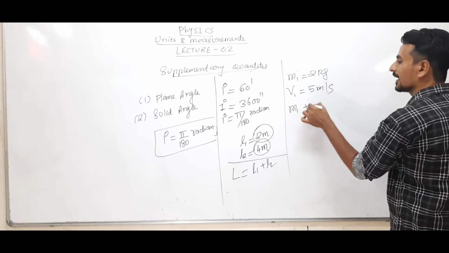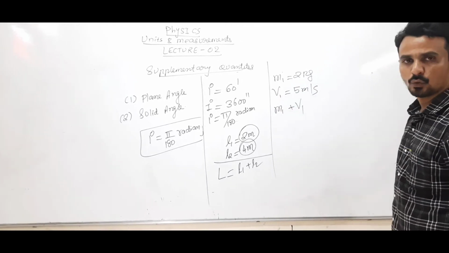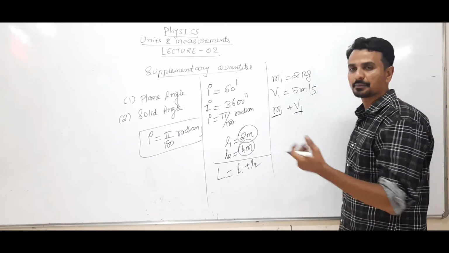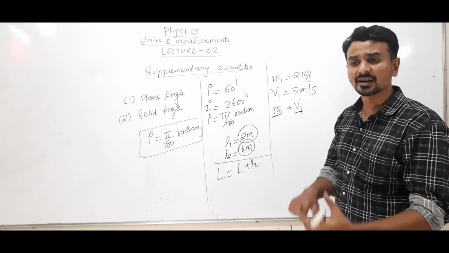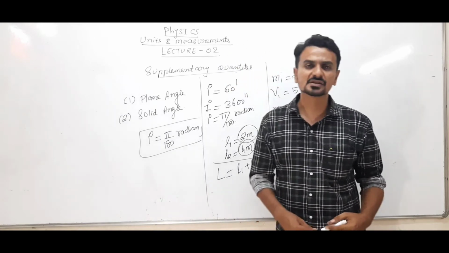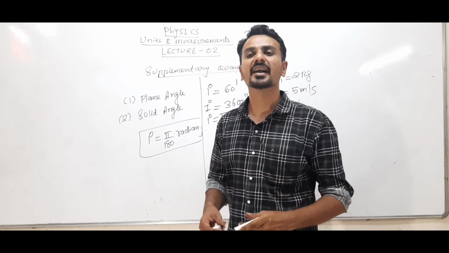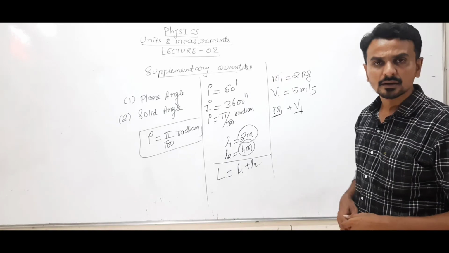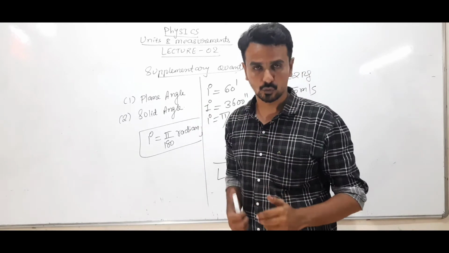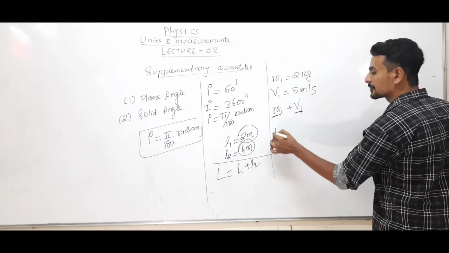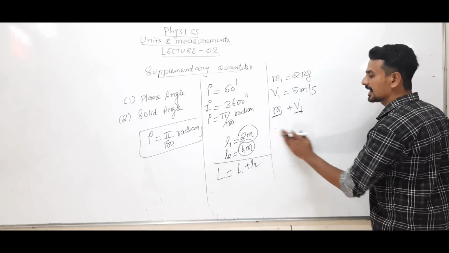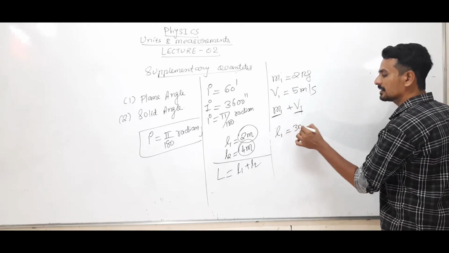it is not possible to add mass plus velocity, because these quantities have different dimensions and different units. Only physical quantities having the same dimensions can be added or subtracted. You cannot add force with mass, or acceleration with time. If you want to add time, it should be time plus time. You cannot say the length of one rod is 3 meter